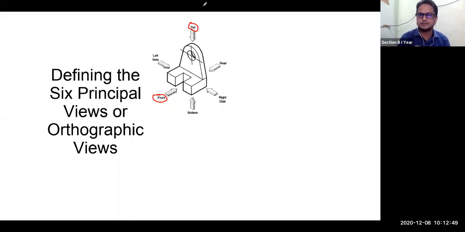See the object, analyze it. What are those lines which will be visible? Okay, and try to draw its front view and side view. This assessment I will leave up to you. I will show you the solution and you have to tell me whether you are able to draw that or not.